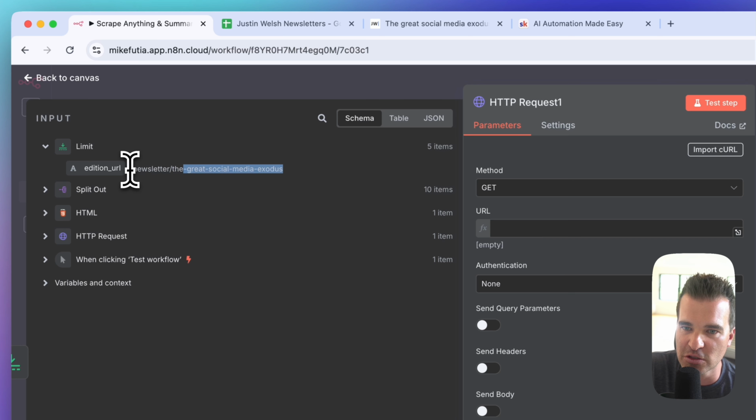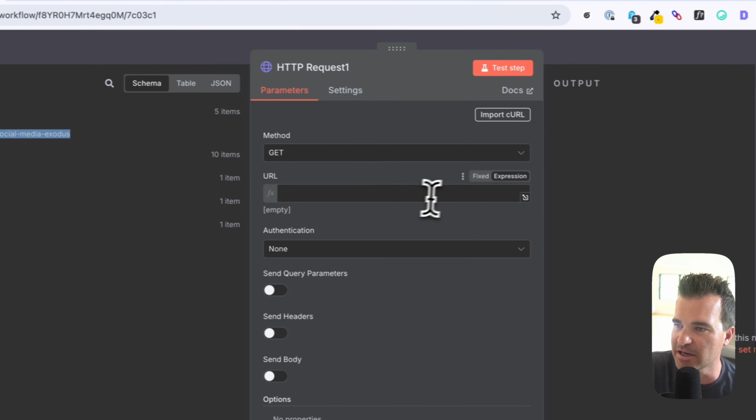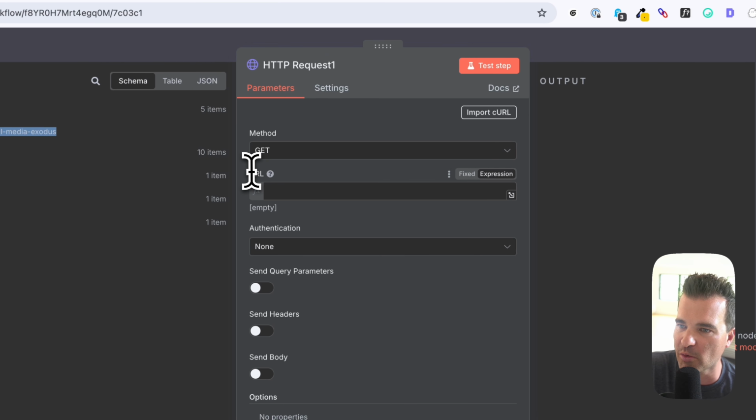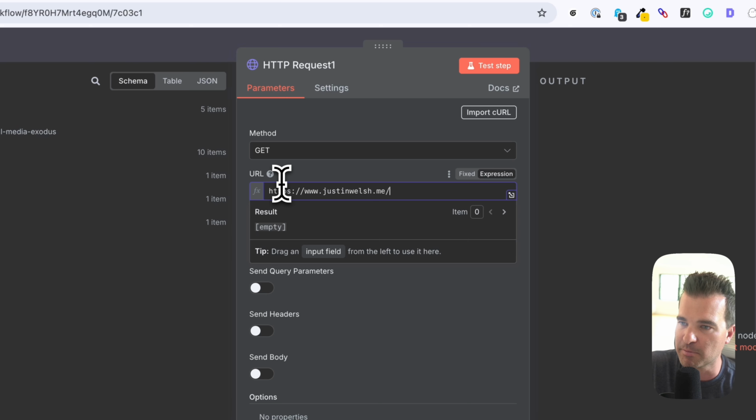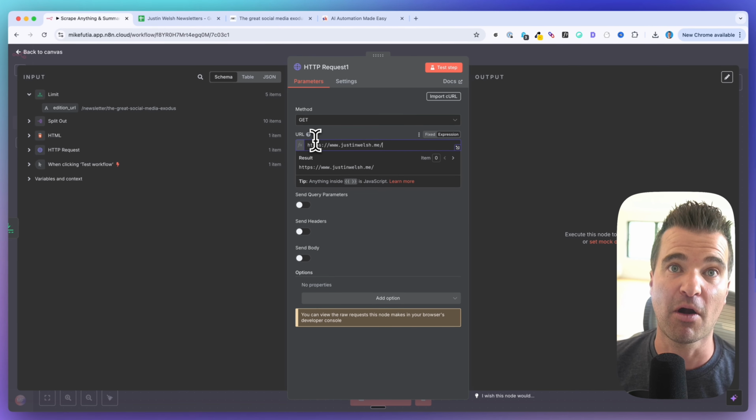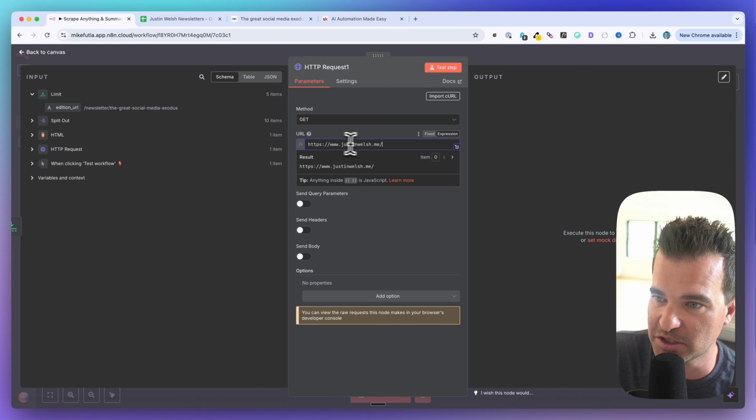Because the / newsletter, we're going to bring in here as a variable. So let me show you how to do this. Make sure for URL that you're under expression. What I'm going to do first is bring in the beginning part of the URL, which is really just the full domain name. With that, I actually don't want that / because the / is going to come from